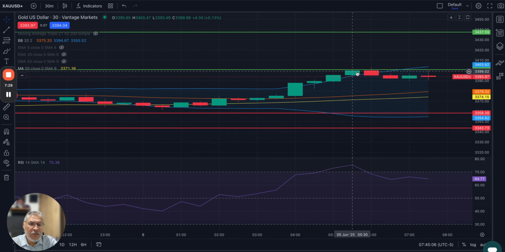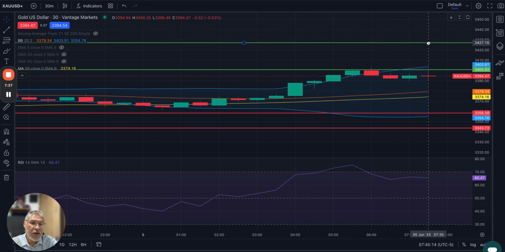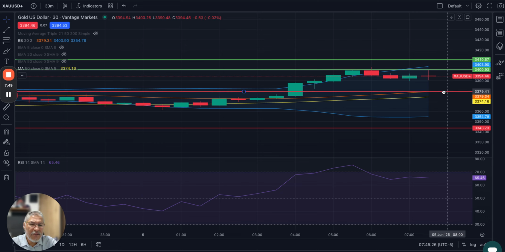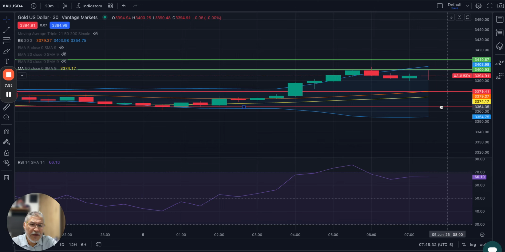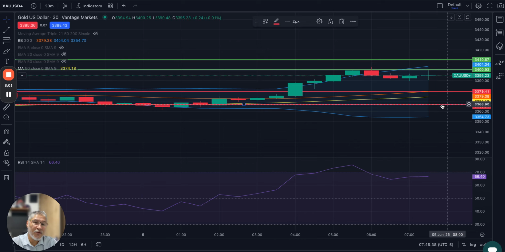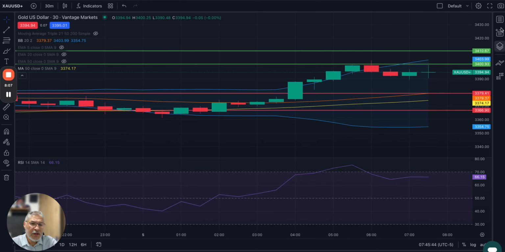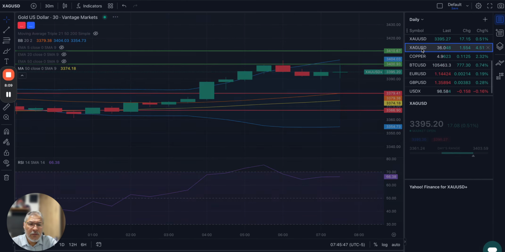The market right now, in this half hour, is respecting this level around 3,400, which is a psychological value. But the futures market already fluctuated above 3,400 yesterday, actually making 3,409. So if we continue to have that same behavior, then we can speculate to see the market also trading around that level today. So 3,410, that's why I have my second level. But first we need to break that psychological value of 3,400. I'm looking for buy, looking to go higher.